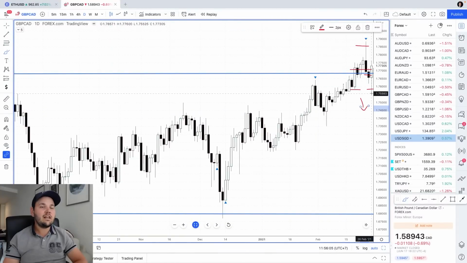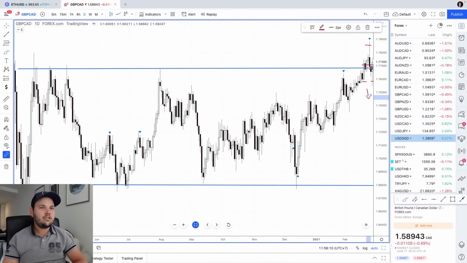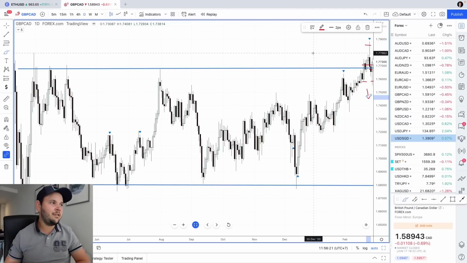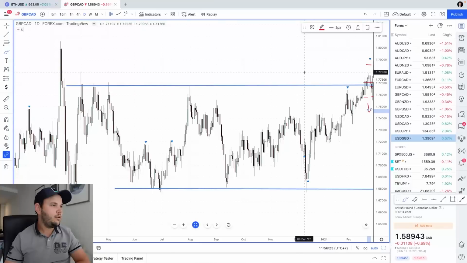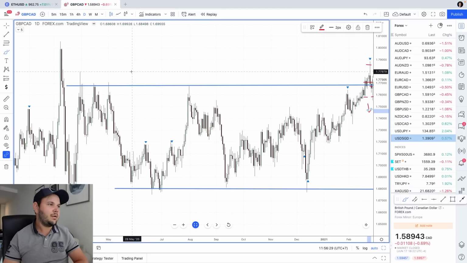And even though this is not as big as the other one before, because we had a lot of wicks here in the past. Okay, see how, sure, we had a false breakout, but we still have some wicks here that price didn't really go far beyond. So all the traders who will go in the regular breakout might want to wait for this wick to be clear here to go long, and then they might want to even wait for this to be clear to go long, but that's way too high, so forget about it. They might want to wait for this one here to be clear, this wick over here,